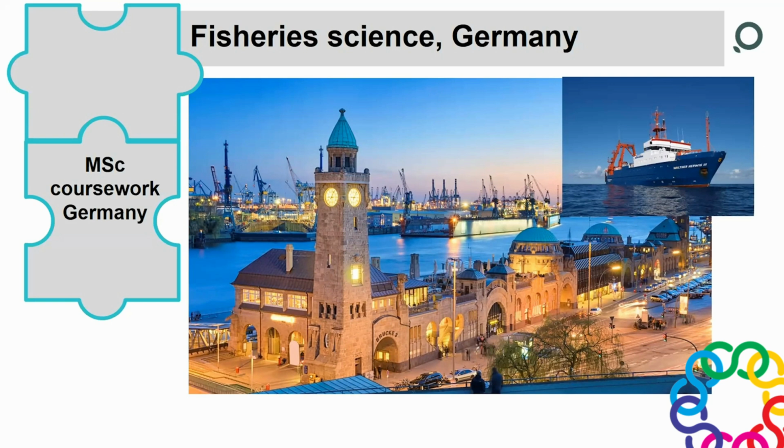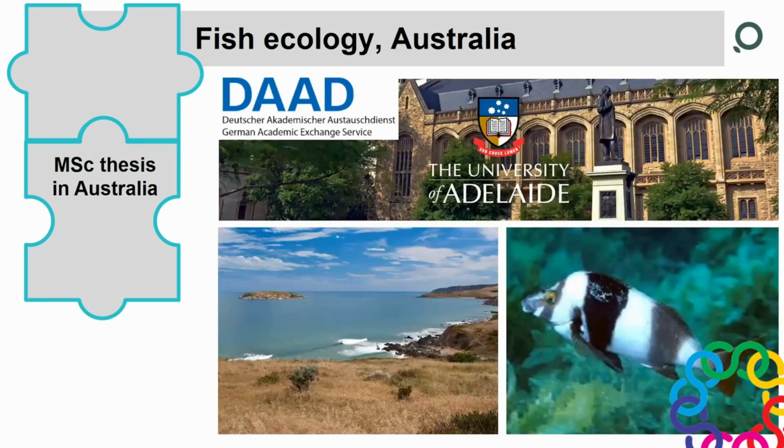Then, because I always like to travel and adventures, I actually finished my master's degree not in Hamburg, but instead I moved to Australia and I studied at the University of Adelaide. And I also moved my focus a little bit from fisheries science towards fish ecology. And I got to study this beautiful fish here that you see, the magpie perch, Chelodactylus nigripes,